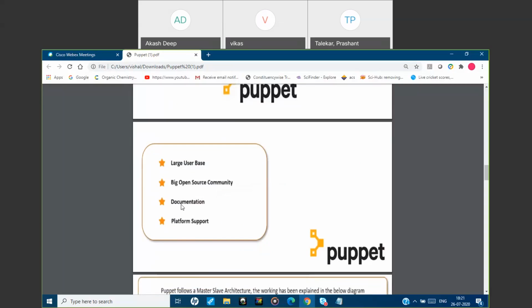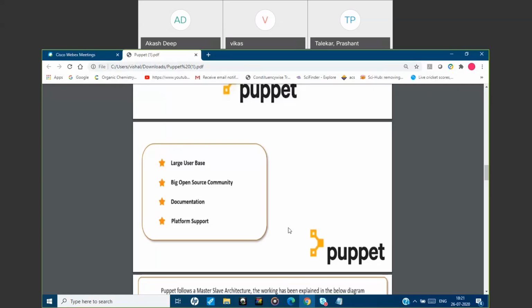And the documentation is also great. I will show the documentation today. The documentation is very user friendly, I can say. You can just go and use it. And about Puppet, you don't need to program anything here. You don't need to write code and all. Basically, there is a concept called manifest. You just need to follow the basics of the manifest, and you need to configure the manifest. That's it.